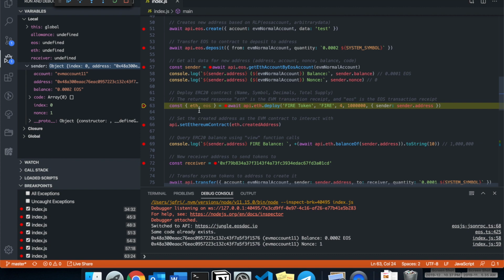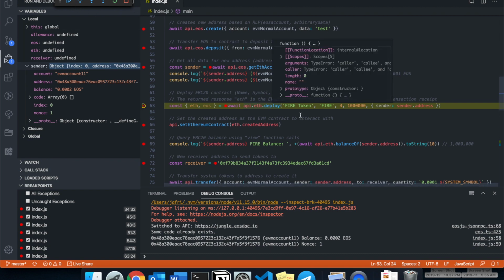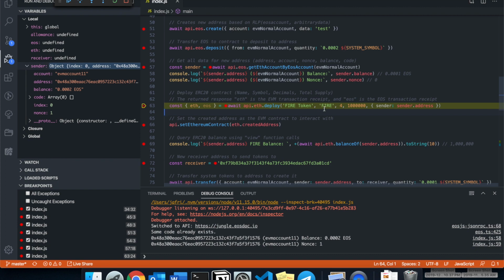Next, we'll be deploying the ERC20 contract. We have made this very easy for developers by making it a single line to deploy the entire contract on eosio.evm. And the parameters we pass in are the contract name, the symbol, the precision, and the supply of